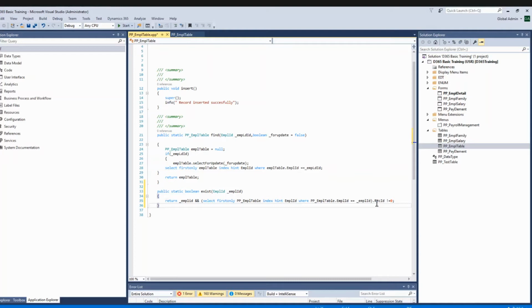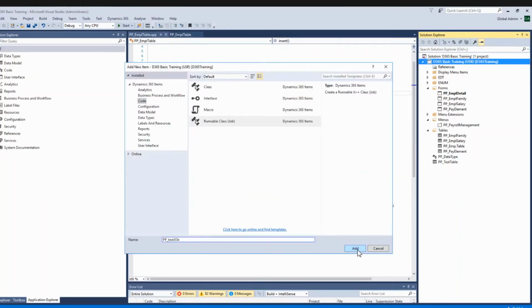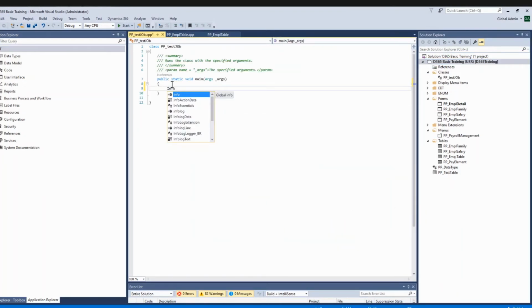So if I have to print the name of the employee having employee ID 1002, how will I do this? If you see, in one line of code we can write this. Let's see what the employee ID is. Let me build it first.